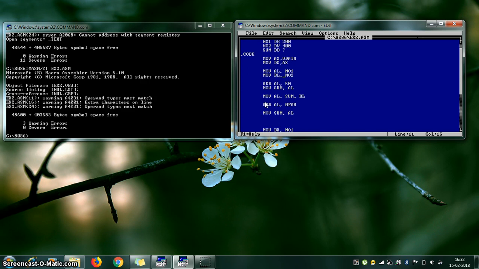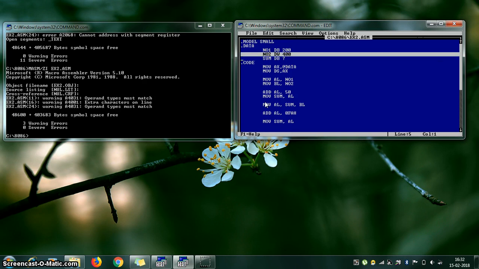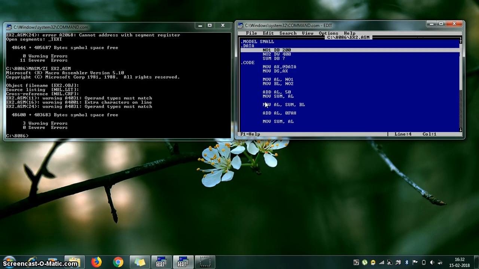Yes, correct, because number 2 is a 16-bit variable. You can observe this is the 16-bit variable number 2. DW indicates 16-bit, DB indicates 8-bit. So that's why we can't copy 16-bit into an 8-bit register. So I'll change this from number 2 to number 1.